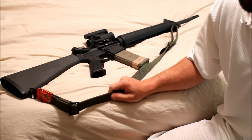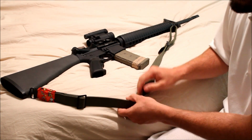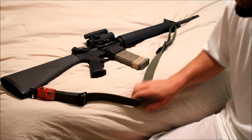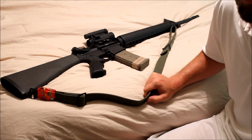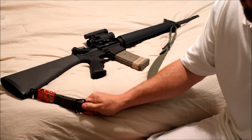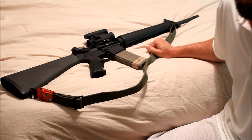What I like about this cotton sling is that you can really get a tight sling when you're shooting. It allows you to lock it in and get a good, stable shooting position when you cannot go prone. That is why I like this sling, easily adjustable up here with the sling keeper. Plus, these come with the rifle, so there's no use spending money on things you don't really need. That's why I prefer this sling. It works great, and it has for a very long time. Similar slings have been in use in the United States military since the early part of the 20th century,